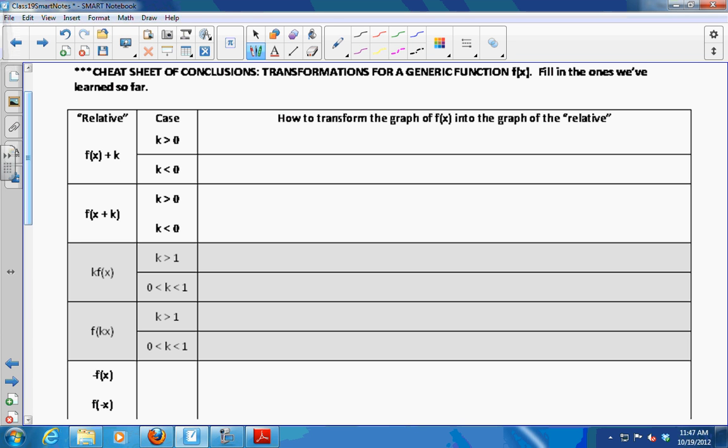Okay? And this is a little chart I made for you to try to keep track of all the rules. And you can use it on the test. You know, put a copy of it on your cheat sheet for the test. So this is all our conclusions for the different kinds of transformations. And filling out everything but what I've shaded here is going to be your only